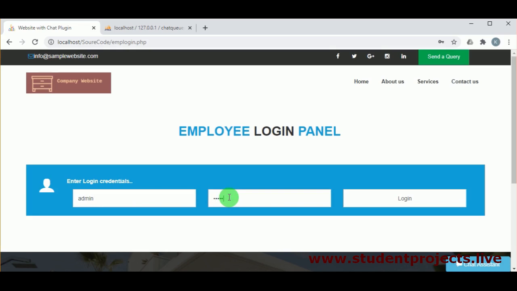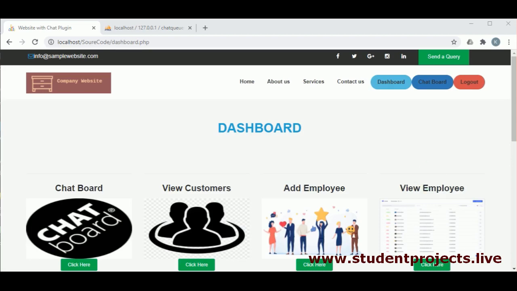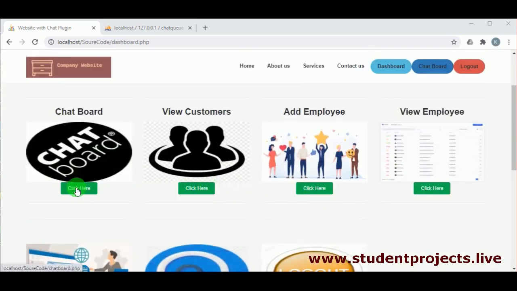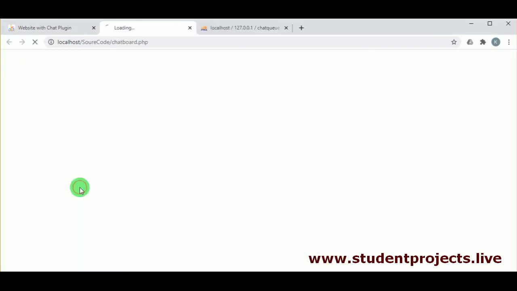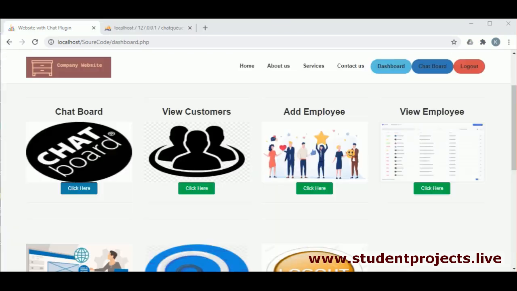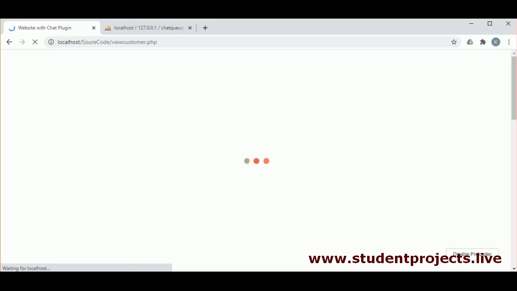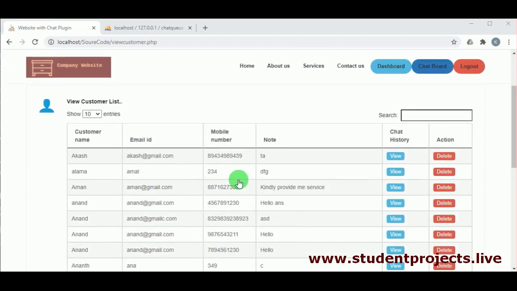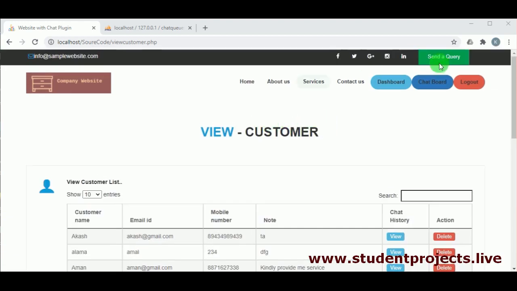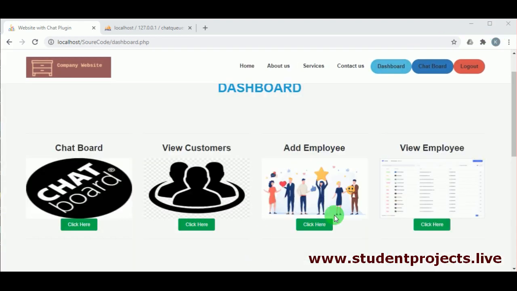On clicking on login, the admin dashboard is available, which includes chat box and view chat box, where the list of customers waiting in the queue can be viewed. Since there are no customers, you can see no customers in the queue. In view customers, you can see all the customers, all those who have chatted in the system.